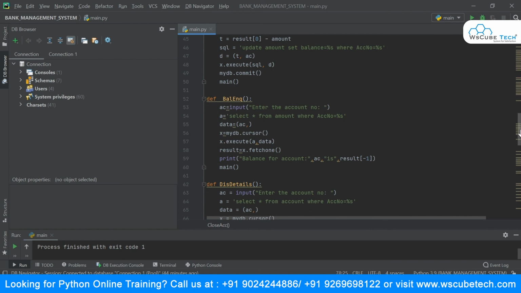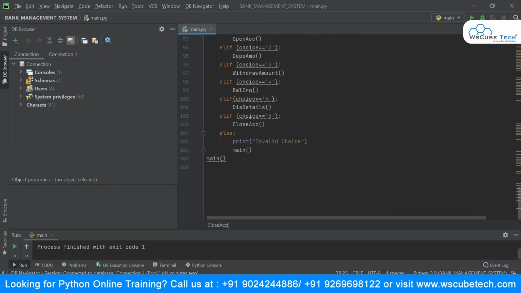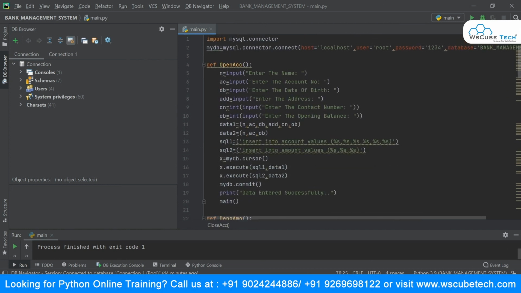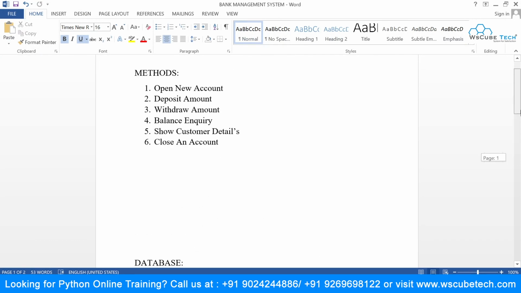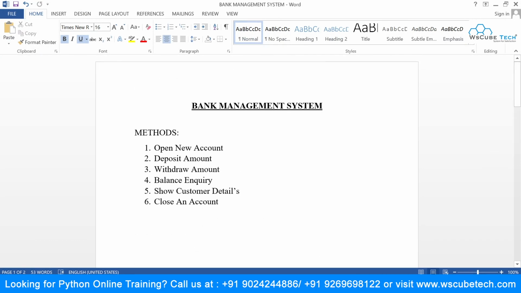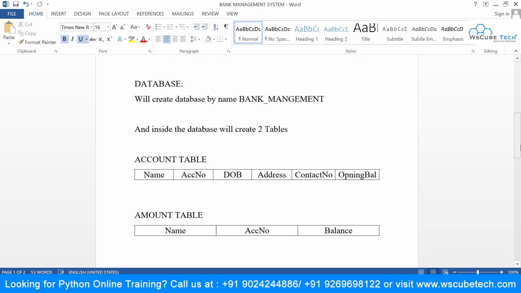And we even saw that our code is working all fine. So I hope that you're clear with this. The code is quite simple and easy, you just need to follow it step by step, and while dealing with this, first go with what we need to do. So these are the methods that we want to create. And in order to create these methods, we require two tables, because our task will be completed with the help of these two tables, and we are creating these two tables.